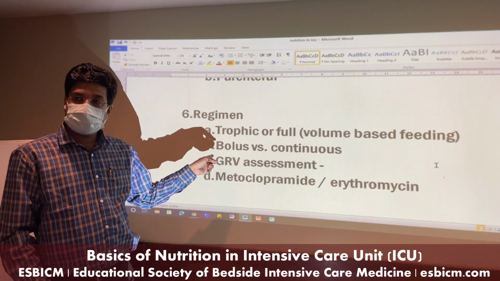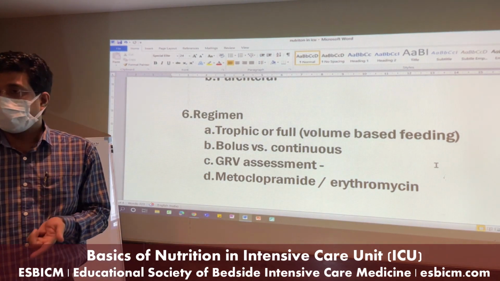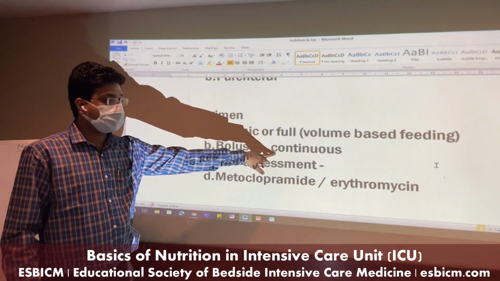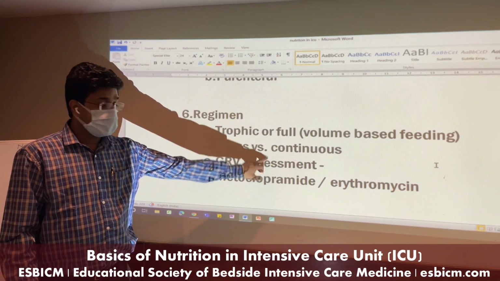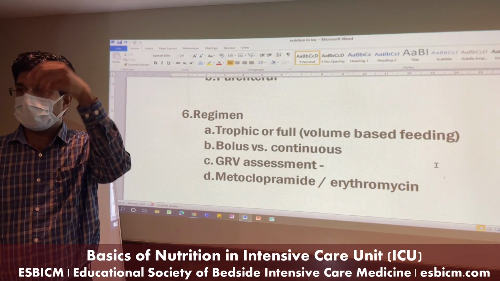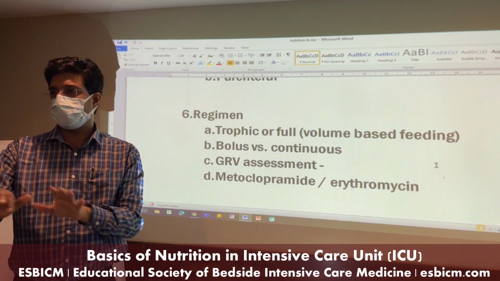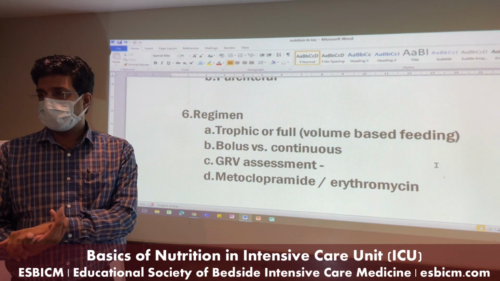The problem with bolus feed in ICU is you have a lot of gastric aspirate. The patient may at times not tolerate the feed, so then you switch to continuous feed. Now, continuous feed is 50 ml per hour. It goes by gravity, the bag trickling down slowly, and the patient may start accepting enteral feed.